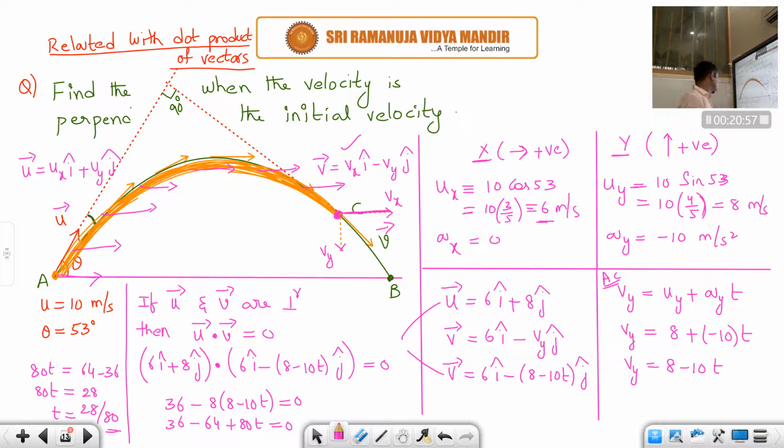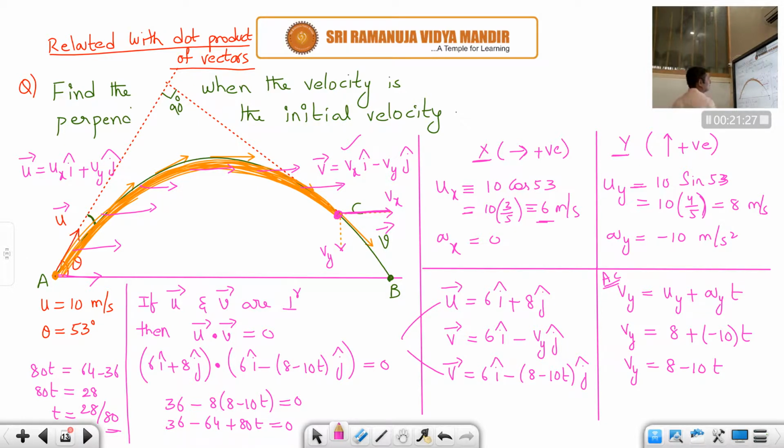Okay, students, so like that we can easily solve the problems. Always remember, whenever the term perpendicular comes, we should use the concept of vectors. When two vectors are perpendicular, their dot product must be equal to 0. The only thing is that the other vector should always be written in vector form.